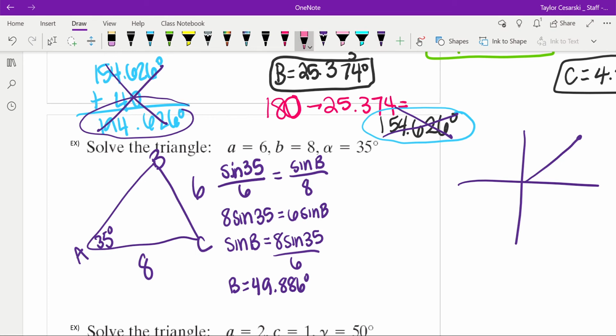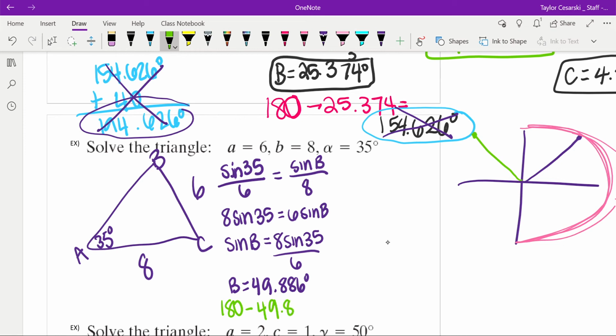But I know that my calculator will only give me values on the right side because of your sine inverse restrictions. But I need to take into account that there's another place that sine equals 0.76, and it's right over here. That's where sine equals 0.76, and in order to find that value, you do 180